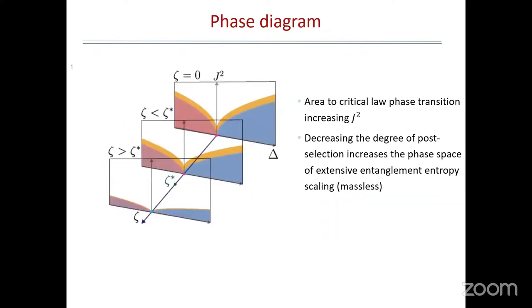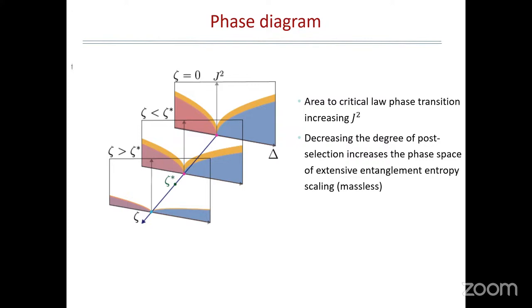And finally, that's my final slide. This is the phase space that we obtained from our theory. The one down here is the one that you obtain in case of the full stochastic dynamics, and the one upward is the phase space that you obtain in case of post-selection. And Xi, which is this out-of-plane axis, is the one that controls the degree of post-selection, which makes the phase space evolve from one to the other.